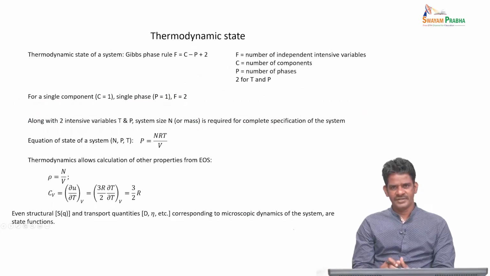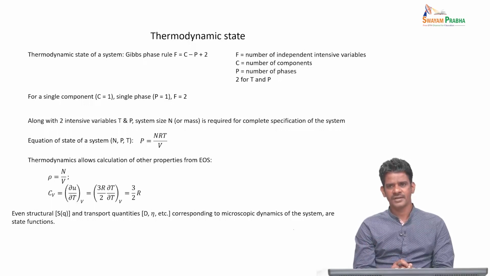So now let us elaborate on this a little bit. When we say thermodynamic state, we know formally how to specify a system depending upon how many components you have, how many phases you have, and what the temperature and pressure conditions are. When buying water, we know we are looking for a liquid, so we don't have to say "give me liquid water." Similarly, when you fill air in your tire, you know it is in a gaseous state. You don't have to say, please fill gaseous air, right? These are all understood because we are so familiar with them.